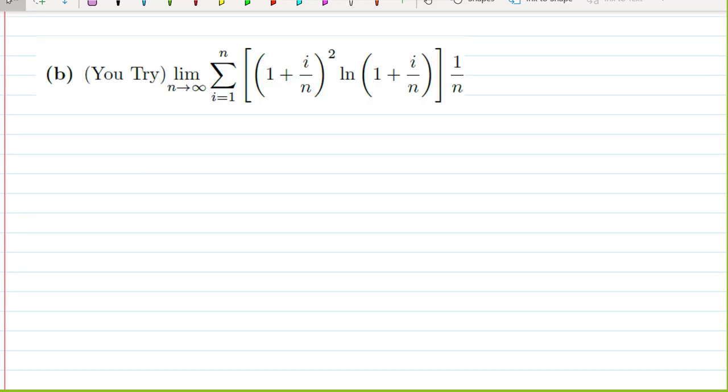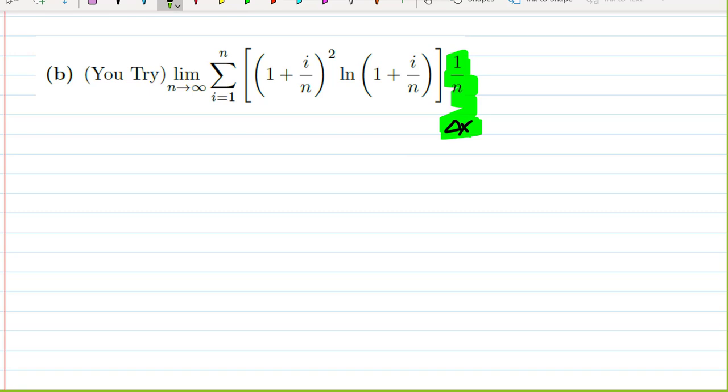So we want to compare this to our definition of the Riemann sum. So we identify our delta x out here as